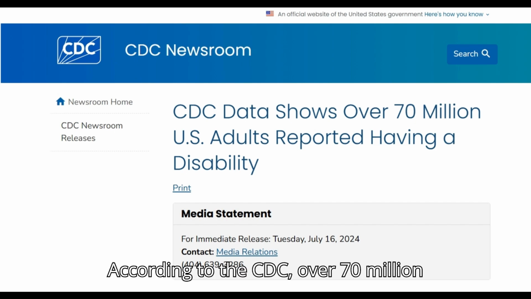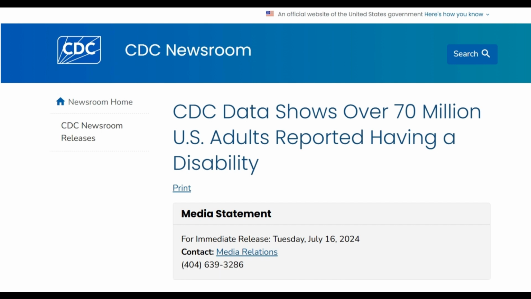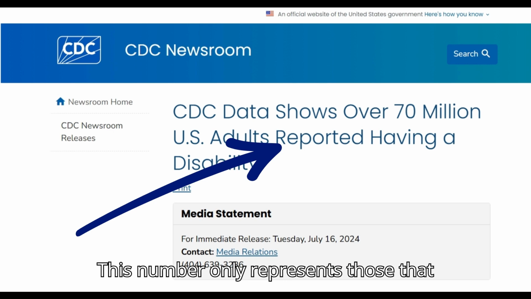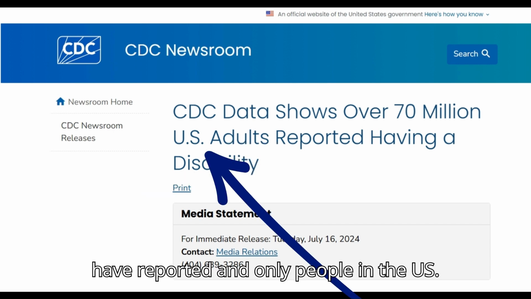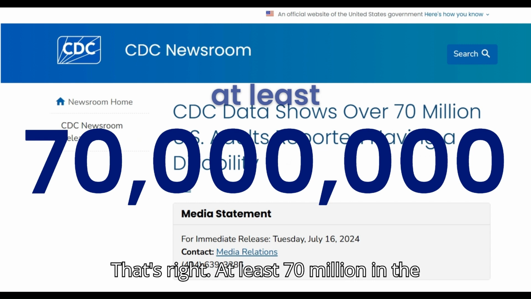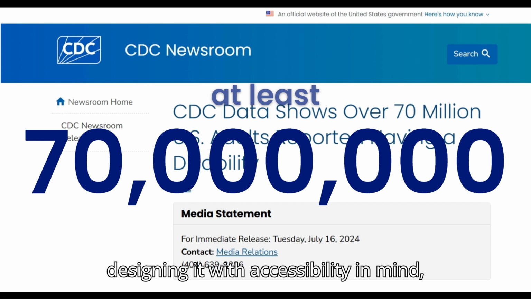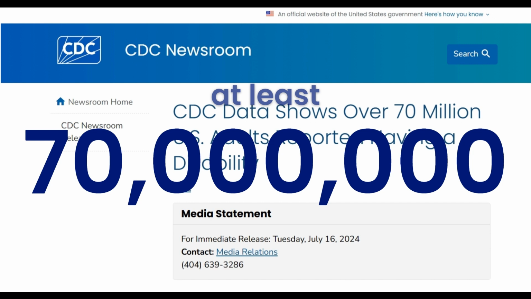According to the CDC, over 70 million U.S. adults are disabled. I'd like to point out two things here. This number only represents those that have reported, and only people in the U.S. That's right. At least 70 million in the U.S. alone. If it's a business site and you're not designing it with accessibility in mind, you're leaving a lot of